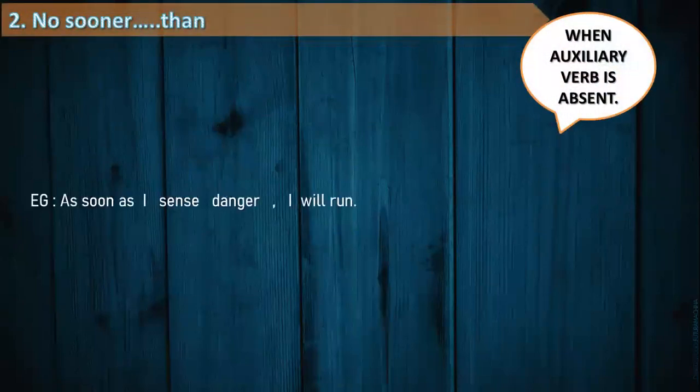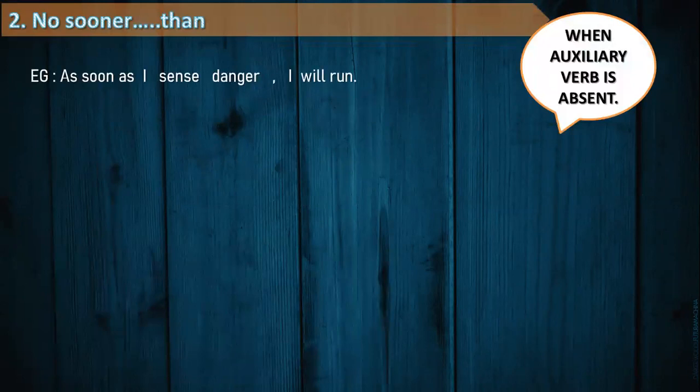Let's go with the next one. Here we go with another statement coming up. What if in this particular statement, we do not have an auxiliary? So which are the auxiliaries that we are going to use whenever we do not have any auxiliaries given? Very good. It is do, does, did.